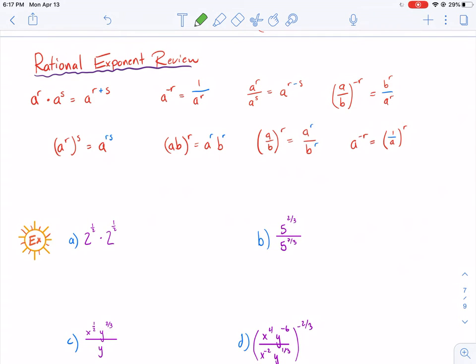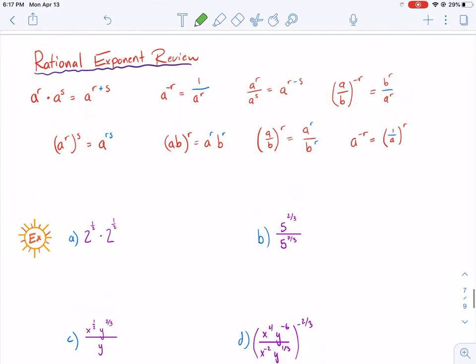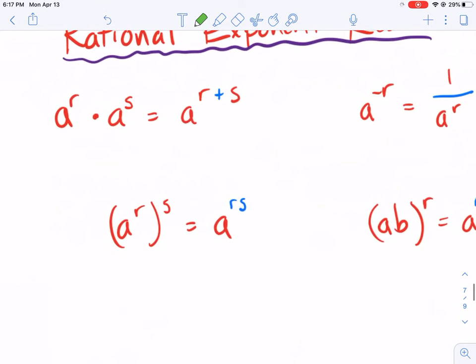Welcome back. This is section 7.2, rational exponents. For these next several examples, you need to really understand some of the exponent principles and properties that we've learned before in previous sections. So a quick recap,